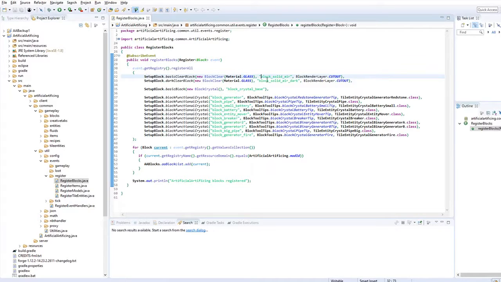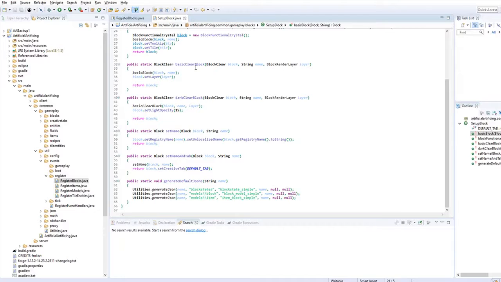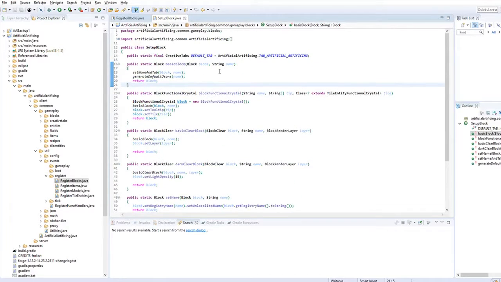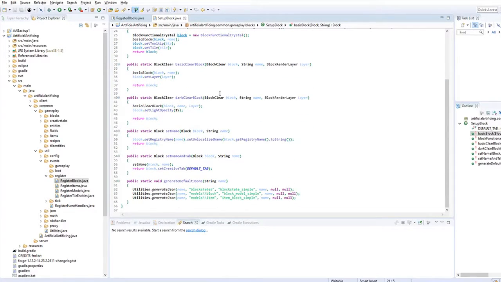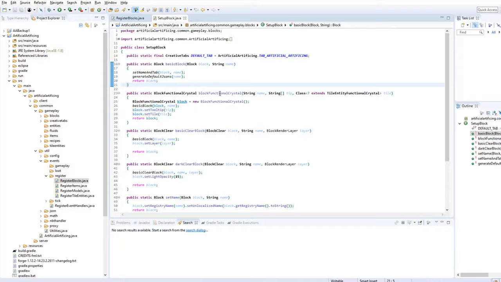The reason I did that is because I didn't realize back then that what you could do instead is set up an external class like setup block, and this class runs basically the same methods as the base item and base block classes,